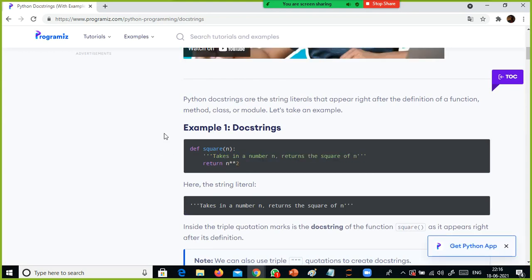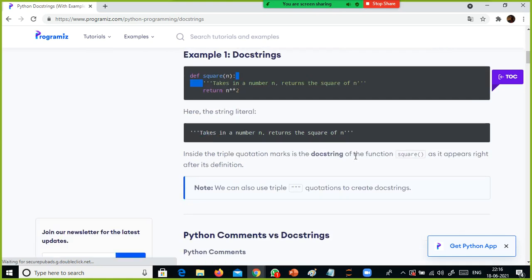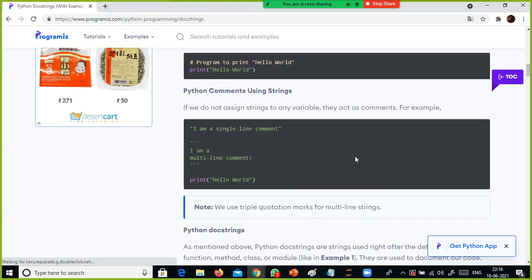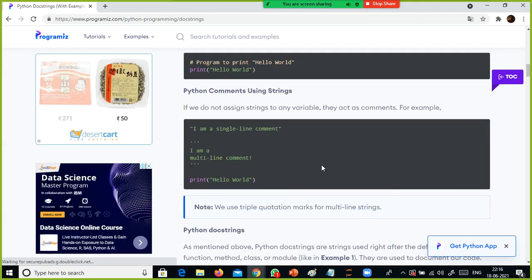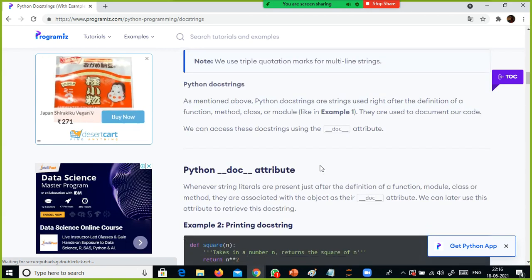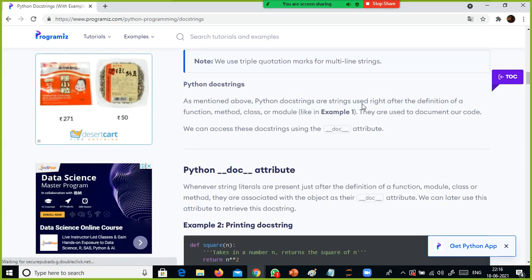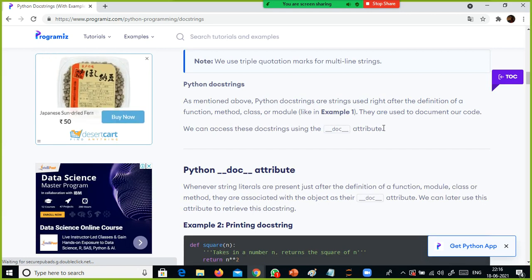If you want to specify a multi-line comment inside the function, square n is the function. Inside this function body, if you want to specify any multi-line comment, why this function is used, what logic we are going to use, in that case you will be using docstrings, strings used right after the definition of a function, method, class or module.